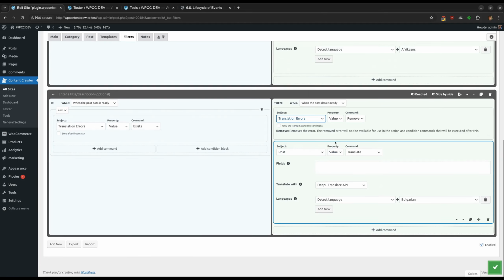errors. We can do this by using the remove command for the translation errors subject. This command will remove all the translation errors. We need to remove the translation errors before trying to translate with DeepL Translate API, so that if the translation with DeepL Translate API causes a translation error, that error will be the only translation error available for the next